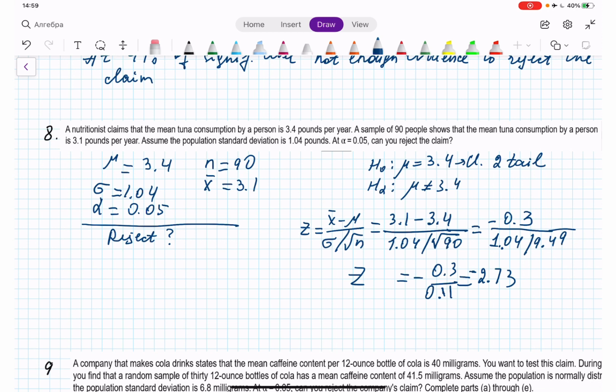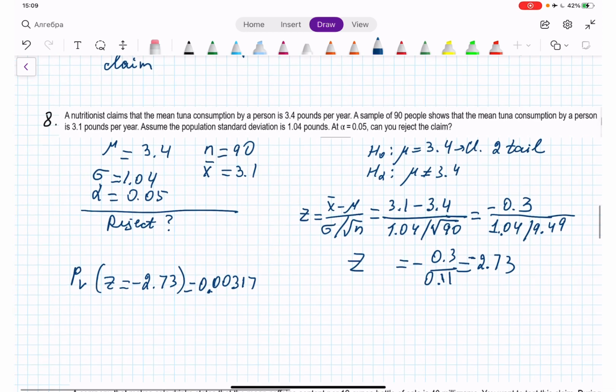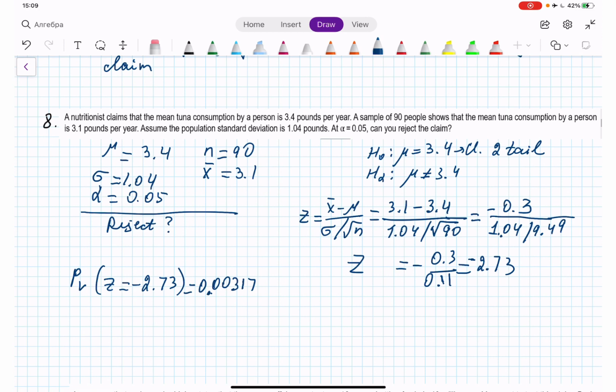Right? So the p-value from here for z standardized equal to negative 2.73 is equal to 0.00317. Okay, since we have two tails, this p-value is for one tail, so I need to multiply by